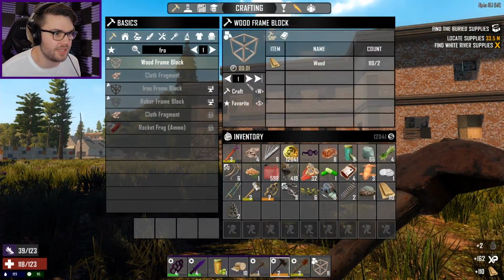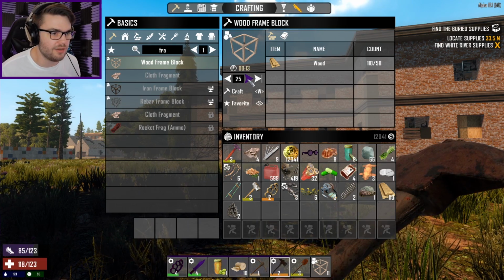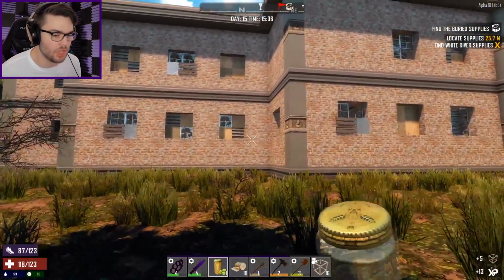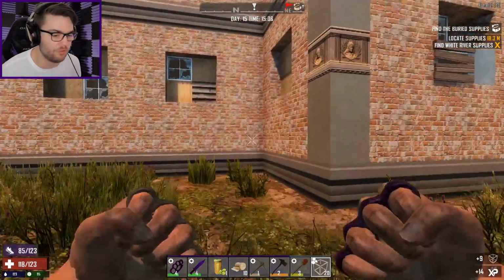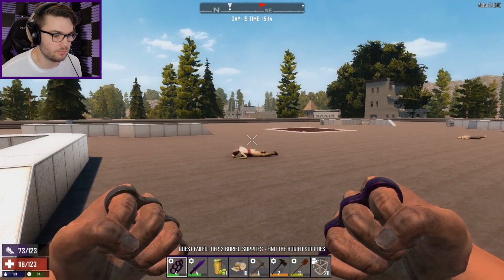Let's get some frames here. How many am I going to need, reckon? Let's just go another 20... let's go 29 to make it an even 40 frames. That should be fine for me. Up onto the roof, over we go, then down through the middle of it. Hopefully we'll find it relatively quickly. God, this is a really big roof. I can see some loot over there, so...